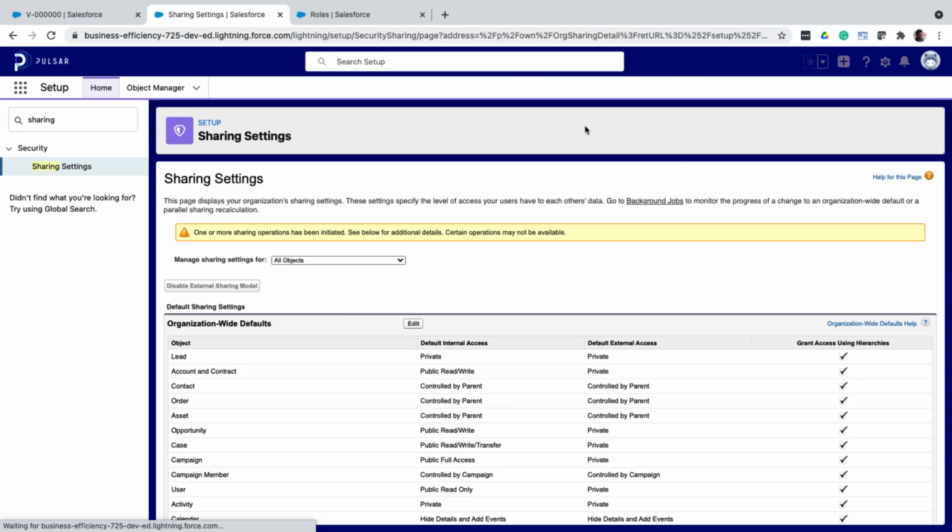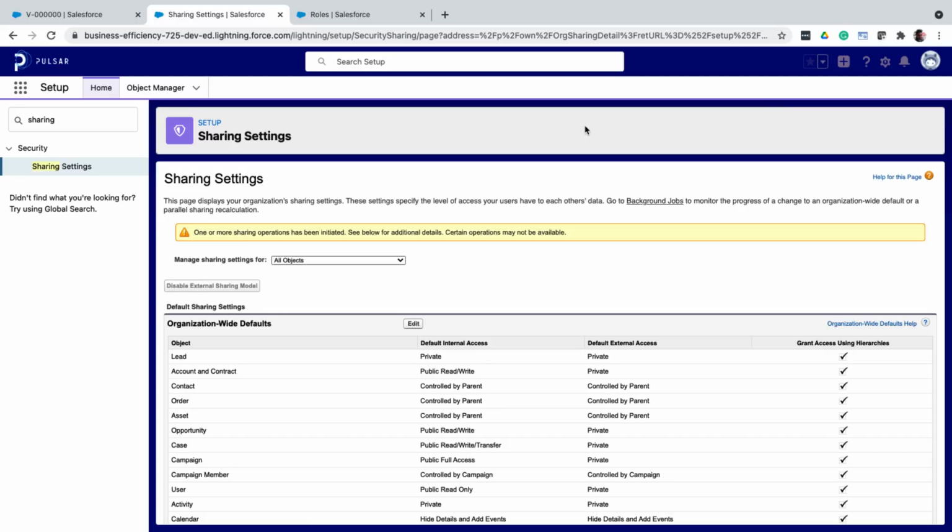One very important thing to remember is that using roles and sharing rules, you can only open up access to records. You cannot restrict access to records. So if you have a requirement where everyone can see a record in Salesforce except for one person, you cannot define OWD as public read-only and then restrict access to that one person. You will have to define OWD as private and then give access to everyone using sharing rules except to that one person.